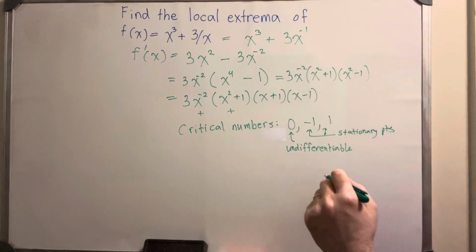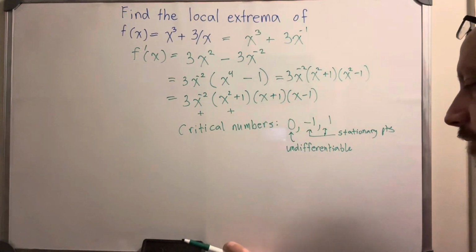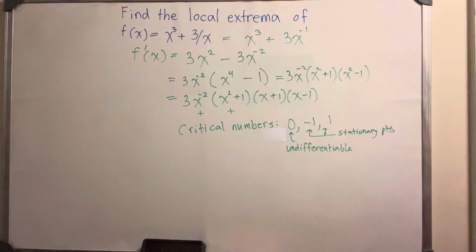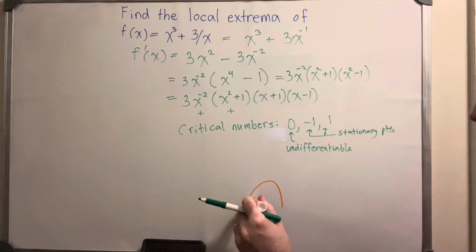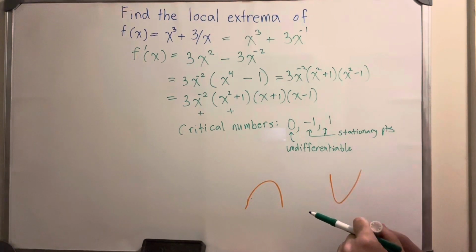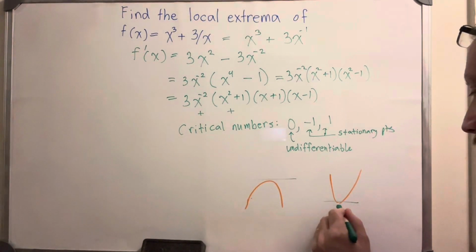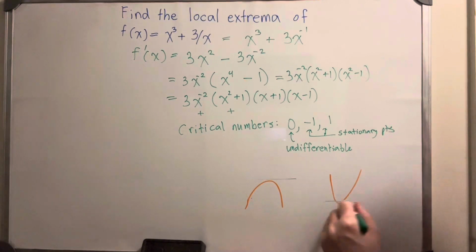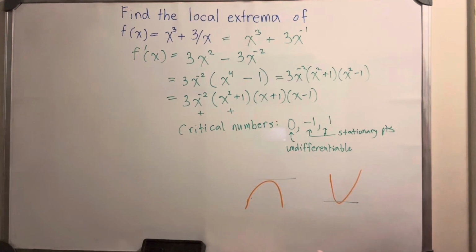Now, if you've got a point on a function where there's a local maximum, the function would look like this. If you've got a local minimum, it would look like this. And at these maxima and minima, the tangent would be horizontal, or the slope of the tangent would be 0. Consider